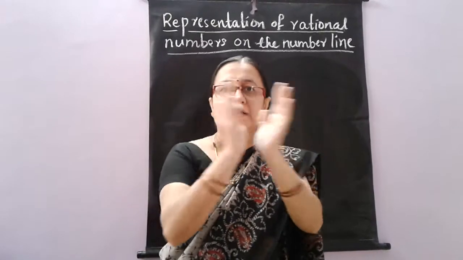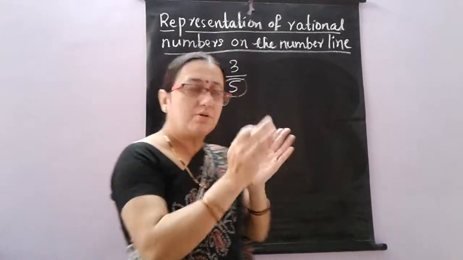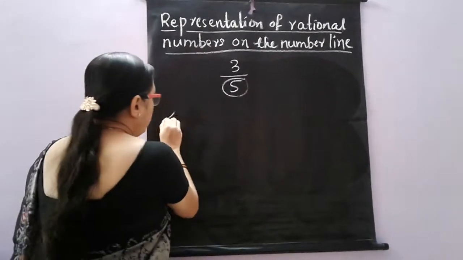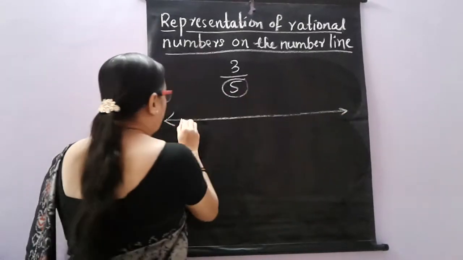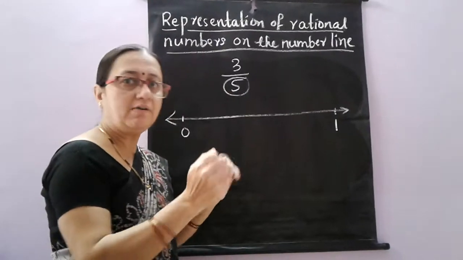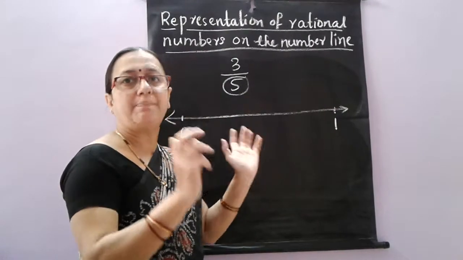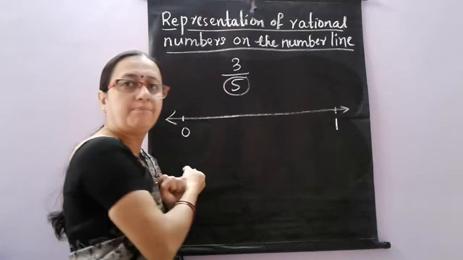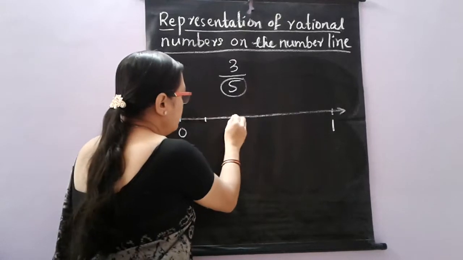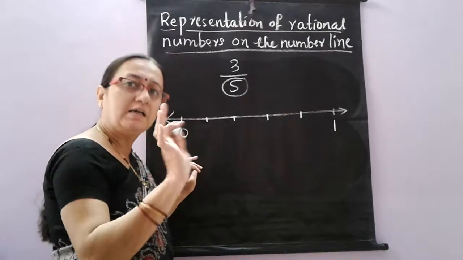So, one part, that is one number on the number line, is divided into 5 equal parts here. So, if I want to represent 3 by 5 on the number line, check the denominator. From 0 to 1, I am expanding it, enlarging it. We are magnifying the parts here, stretching the parts. So 0 to 1, I will stretch it longer, and I will divide this part into 5 equal parts. So 1, 2, 3, 4, 1, 2, 3, 4, 5. Into 5 parts we are dividing it.